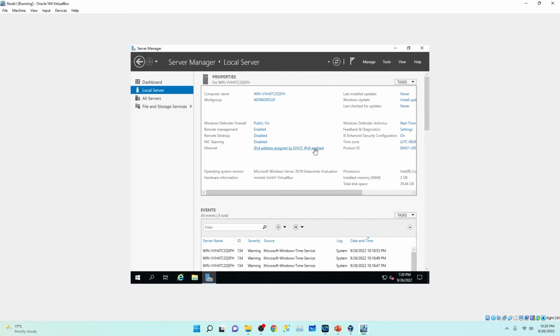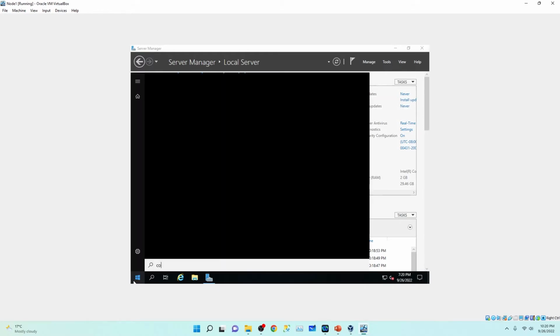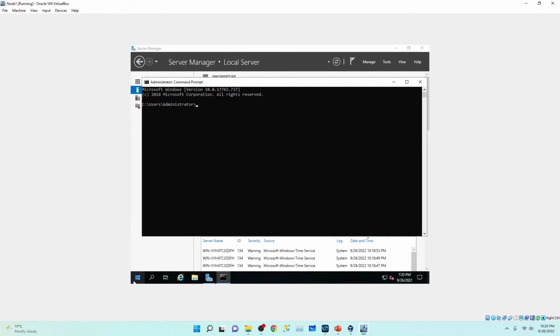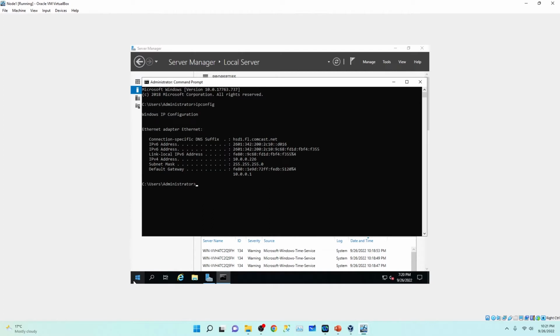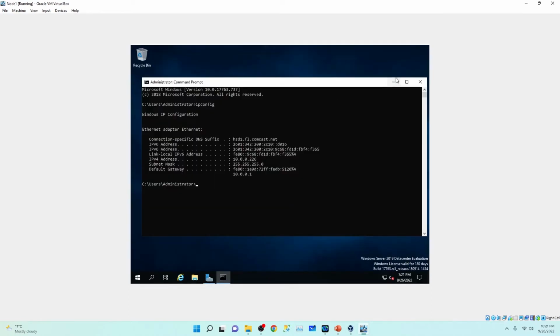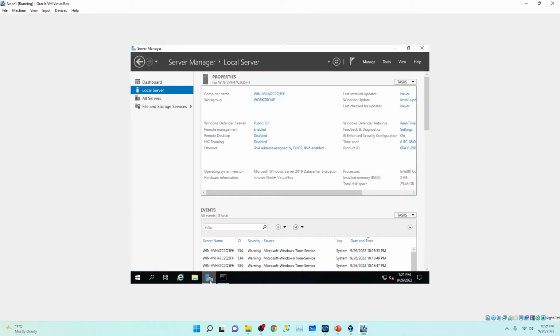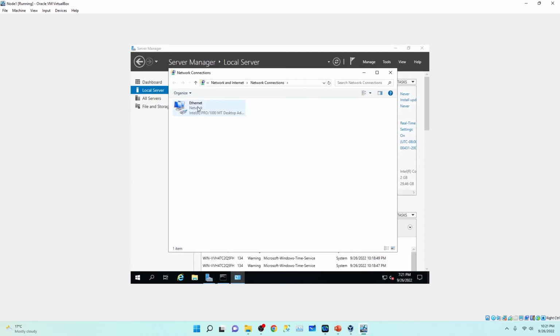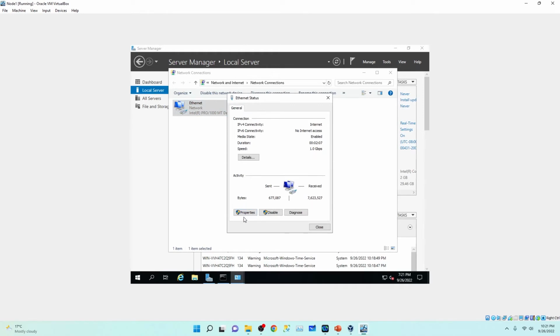My IP address is currently dynamic. I have to provide a static IP address. So let me see what they have just provided for this machine. ipconfig. So they have just provided this IP address for this machine. Let me just copy this IP address and go back to your server manager menu and click on the Ethernet IP address assigned. Double click on this, double click on Ethernet, go to properties,